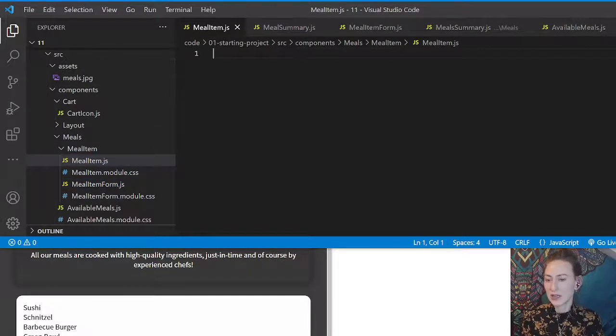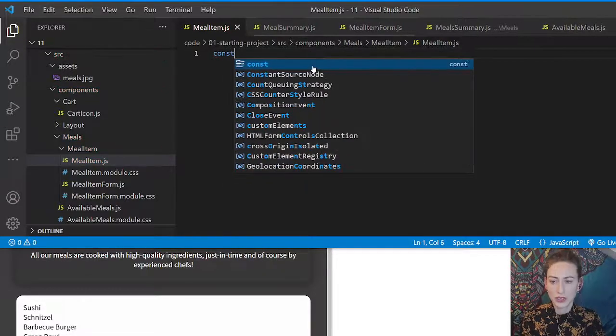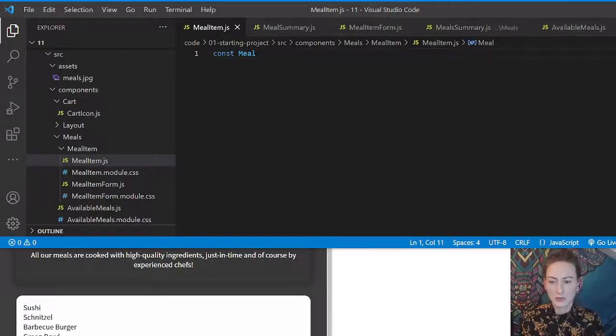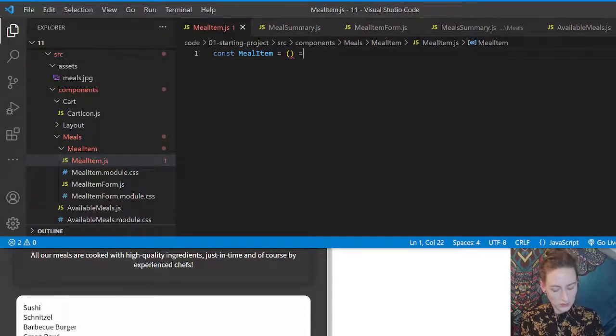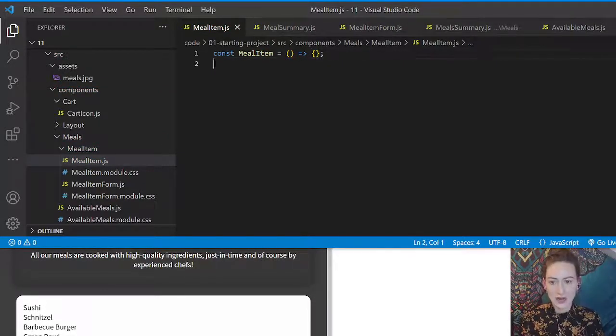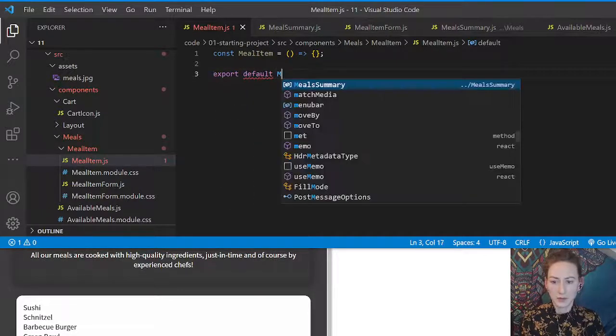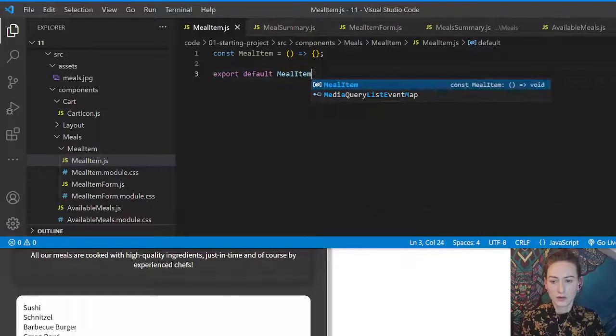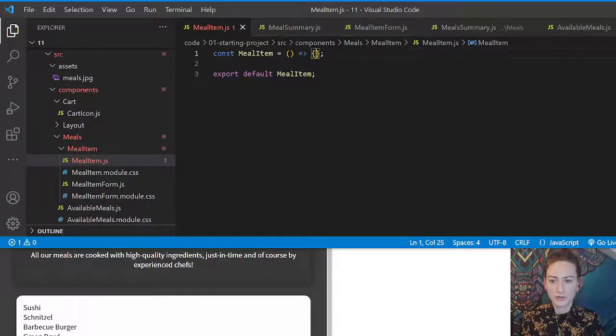So we need to just set this up like all the other components. So we declare a constant and a function, and this will be called MealItem because that's what we've called the name of our file, in camel case, capitalized letters all the way through, which is the React standard. Then it is equal to our function, which is just going to be an arrow function. Open up our curly parens, add our semicolon, and then export it, export default MealItem. So great. And then in here we're going to return